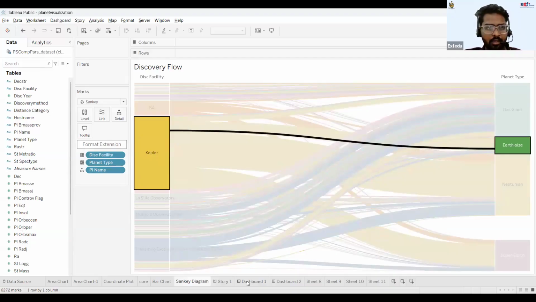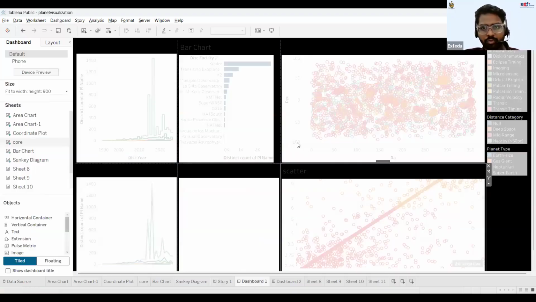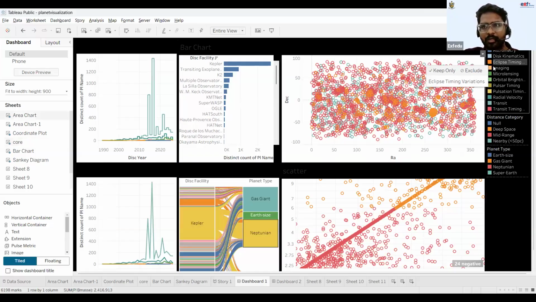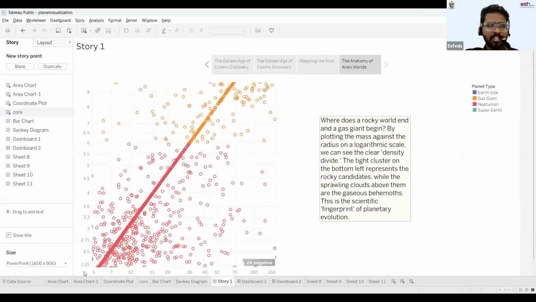And right now we have covered the charts. We'll go through the visuals themselves. So this is how the dashboard would look, and this is how we can analyze things, and we can filter things out here. Right now we can go through the storyboard itself, so let's see how the storyboard would look.